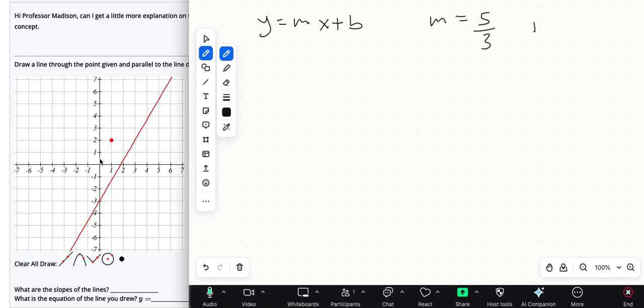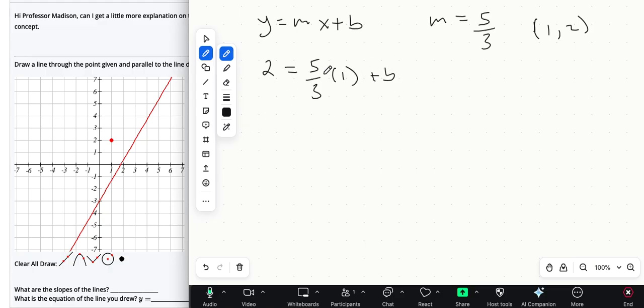And when you draw this, it kind of comes out somewhere around here. And you can't really read off the graph what it is. Sometimes you draw the line, you can just read the intercept right from the graph. This isn't that time. But we do know that we are containing the point x is 1 and y is 2. So I have an x and a y, and an m, which means I can now solve for b. So we'll have 2 on this side, m is 5/3, x is 1, plus b,